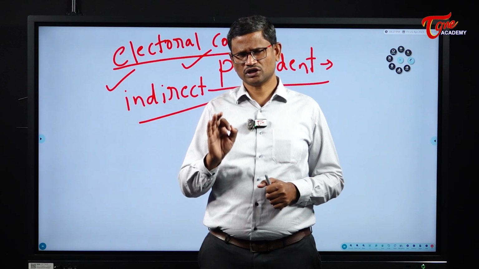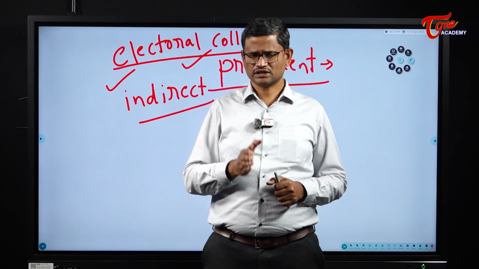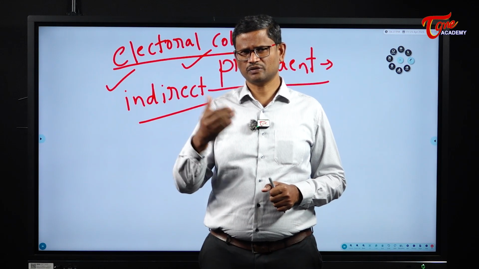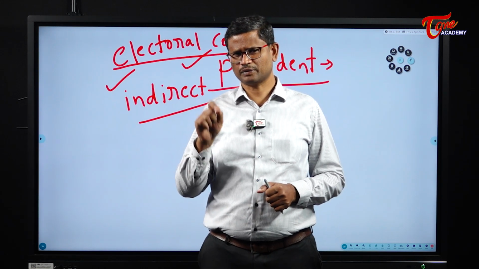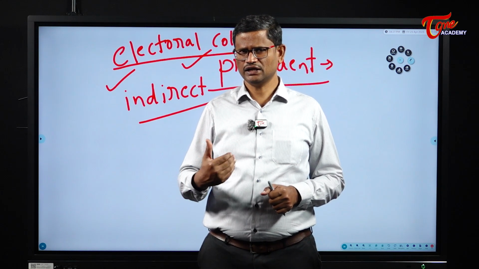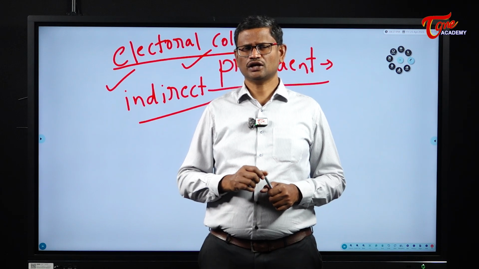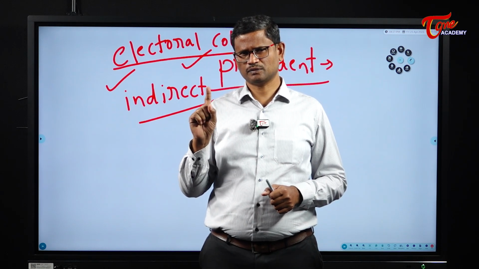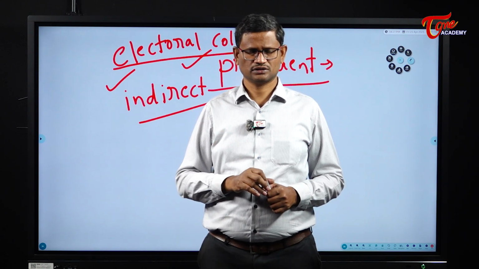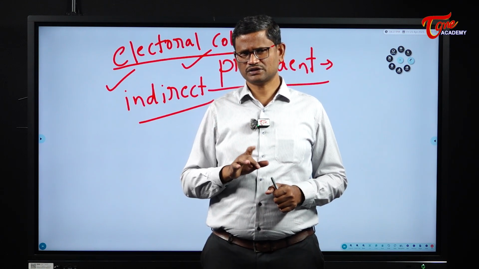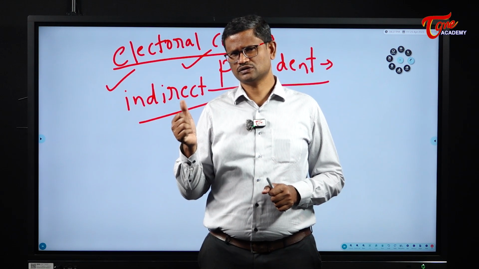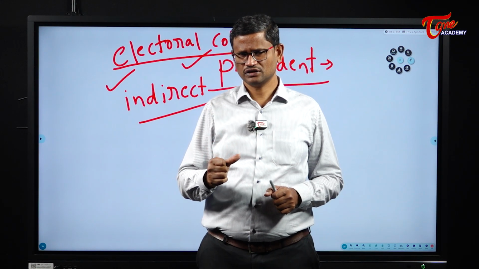Initially in the Constituent Assembly, it was discussed that it is enough to get the president elected through the members of the parliament. But he doesn't represent the entire country in the true sense. That's the reason why finally it was provided that the electoral college should contain the elected members of parliament and also the elected members of the legislative assemblies. That's why we say the Indian president represents the interests of not only the country, but also the interests of the states.